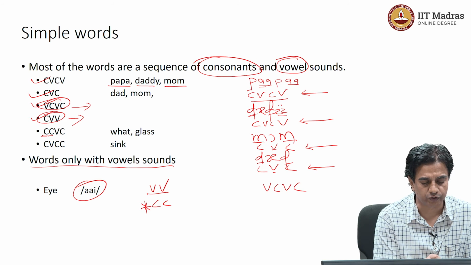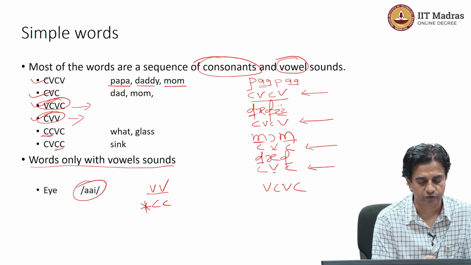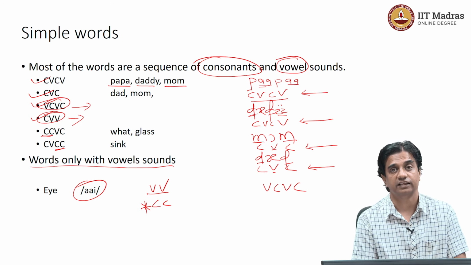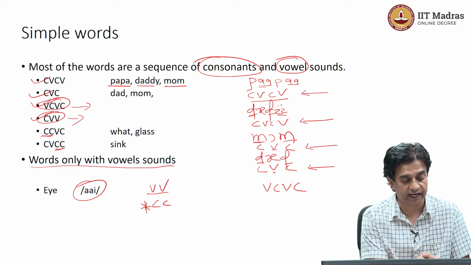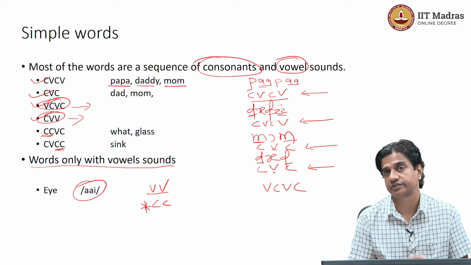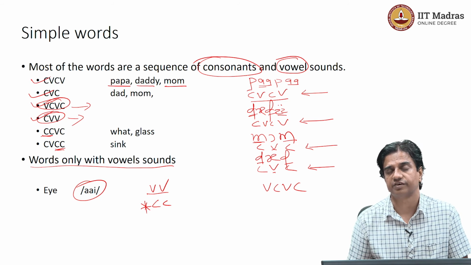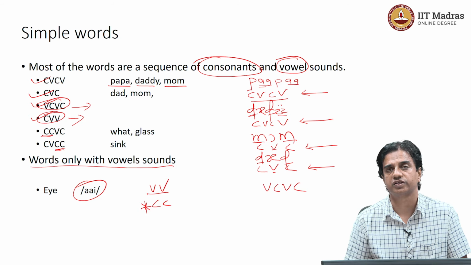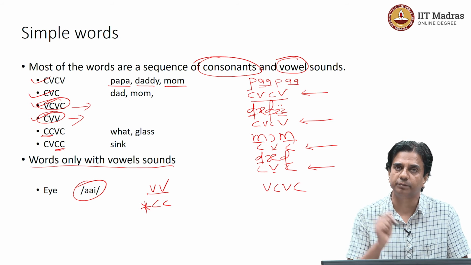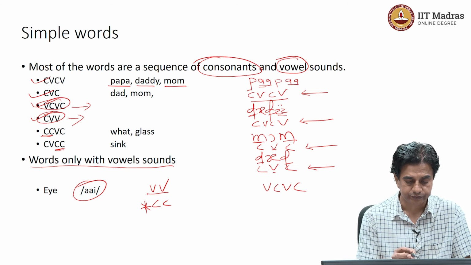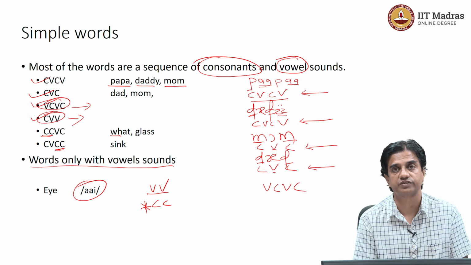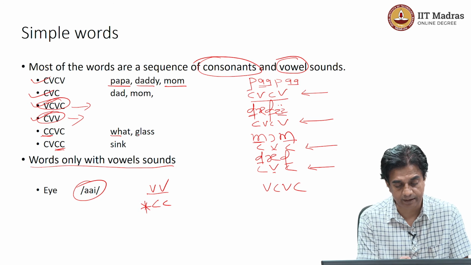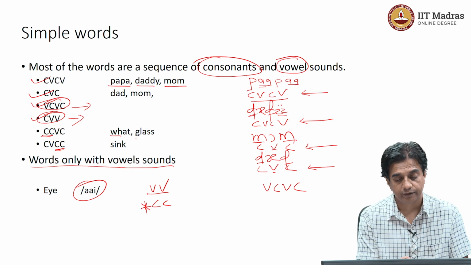This is how you are going to see a cluster. Meaning, a cluster of two consonant sounds is also possible at the end of a word, and in some examples that we will see at different stages, a cluster of two consonant sounds is also possible in the middle of a word. So, examples like this, where two consonant sounds are making a cluster. Examples like glass.